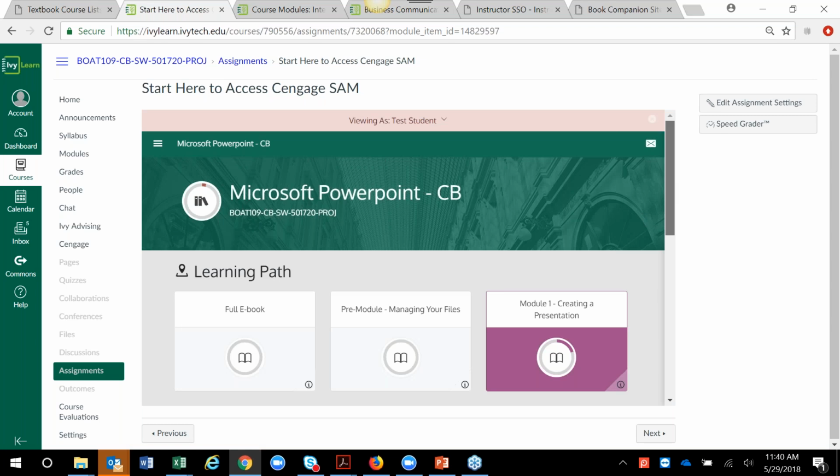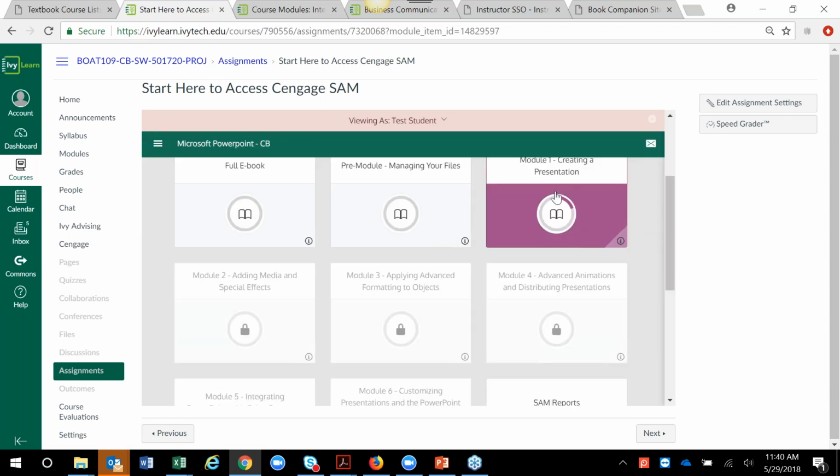So I can see that for this particular module 1, the student has gone in and started to preview some materials. So this student has previewed 20% of the activities in this particular module. But I can also see that these modules here are not locked for the student. So this is a great way, if a student says, hey, module 3 is locked for me, I can't get in, you can easily just click on that student's name and preview the modules as the student